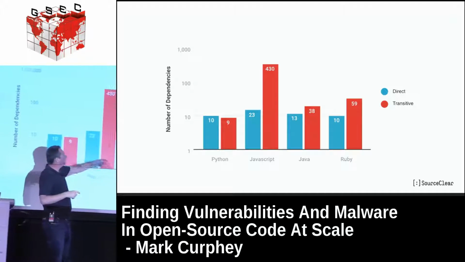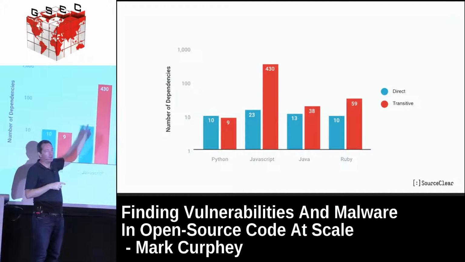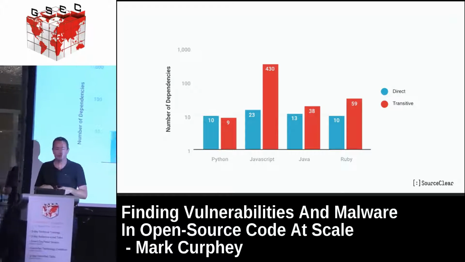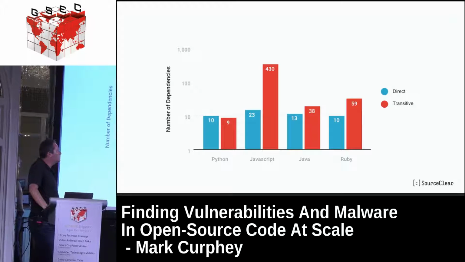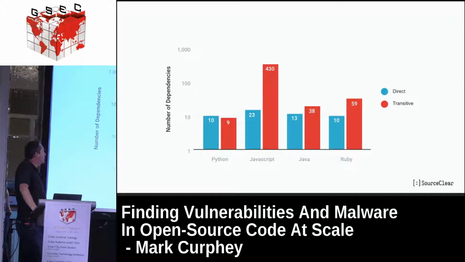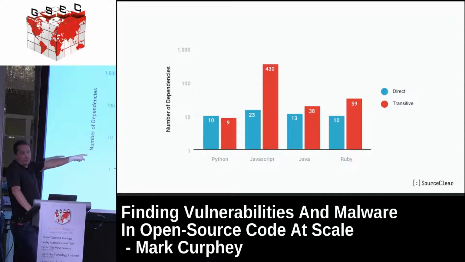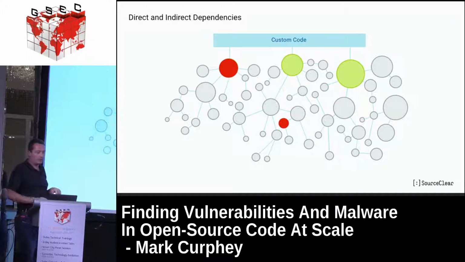And the developer didn't choose these libraries, has no control over them, but they get used when his application comes in. In the Java world, it's about 1 in 4 app libraries that get used. Ruby world, about 1 in 6. But this JavaScript thing is really significant because this is the modern language and the modern way of doing things. And so if you go back to that vote.gov website that is now open, the code is open source on code.gov, they specified 19 libraries to be used. 600 got used in the final project. And the developer only thought he was using 19. So it's a pretty significant problem.